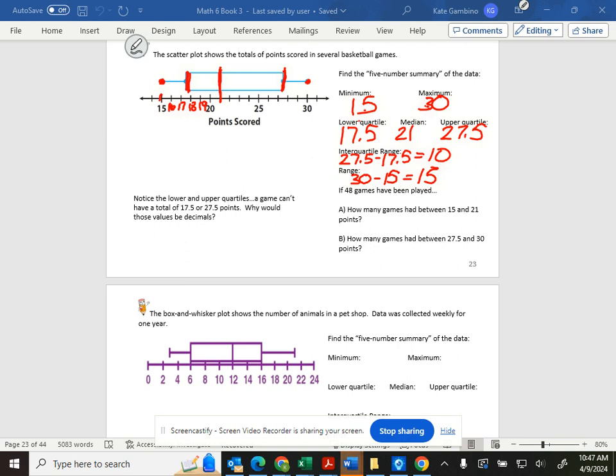So now A says, how many games had between 15 and 21 points? Can't miss this. If 48 games were played, how many had games between 15 and 21 points? If there were 48 games,